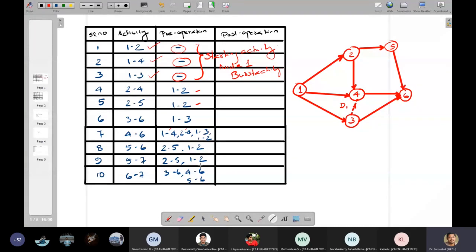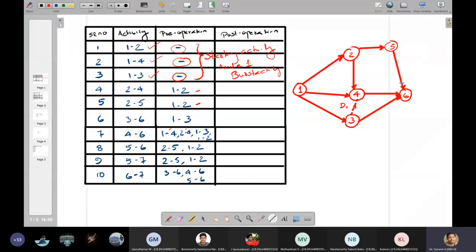For activity 5 to 6, the predecessors given are 2 to 5 and 1 to 2. Then only can activity 5 to 6 start. So we have completed it. Now there is an activity called 5 to 7.